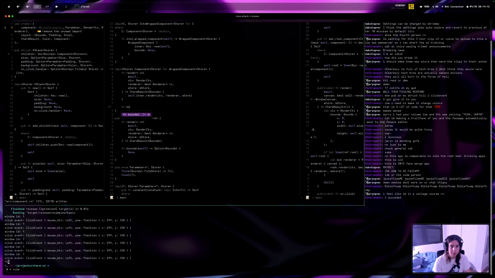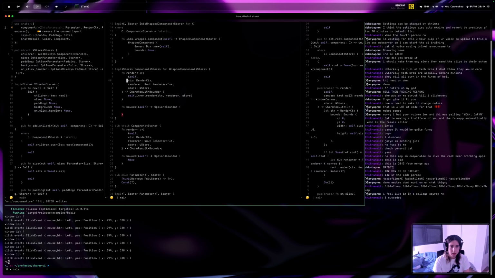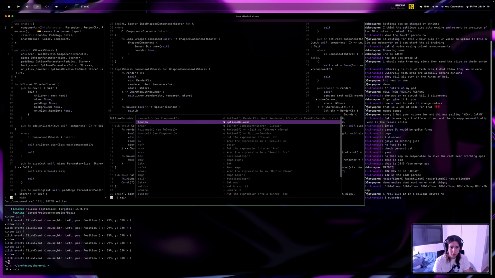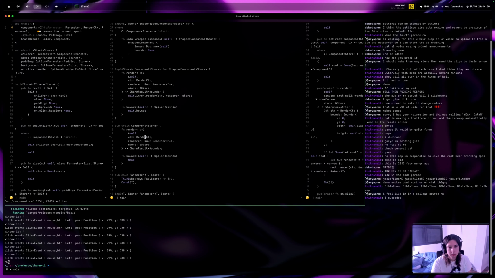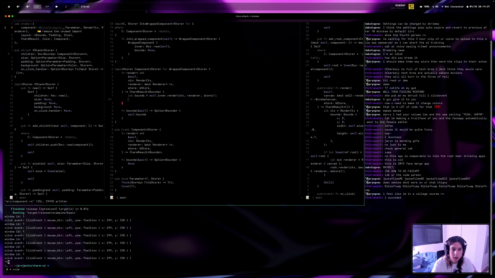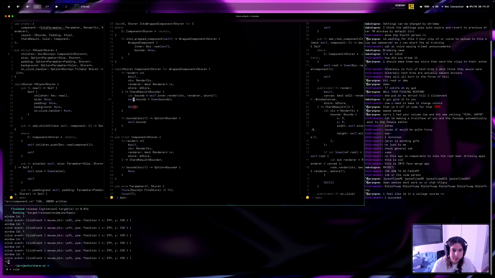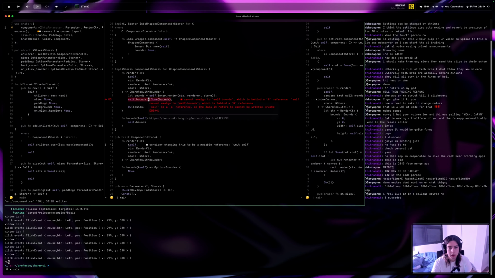Now let's implement bounds. And we'll return self.bounds. Cool. And now we actually have to cache the bound. So let bounds equals this. Self.bounds equals some bounds. We can give an okay. Oops. Okay, bounds. Oh, this has to be mutable. Shit, so maybe